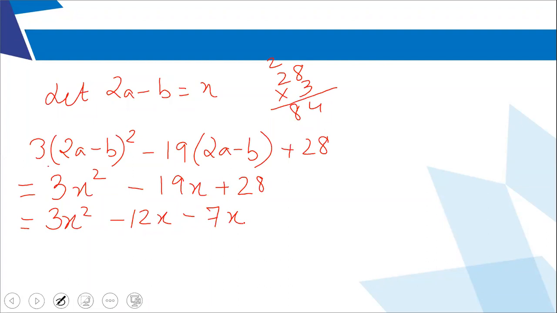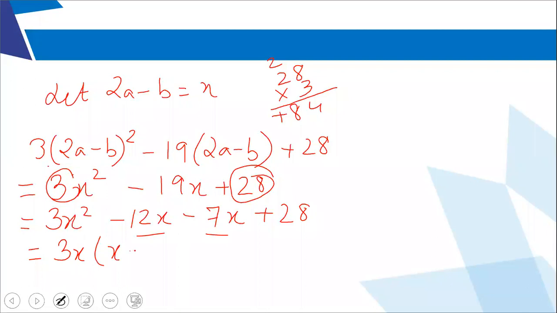Because minus 12x and minus 7x, both same sign will be added to get you minus 19x, and then both of them will get multiplied. Then again you will get a positive answer because you want plus 84. 28 and 3 are positive. So you want a plus 84 answer. So that you will only get when both terms have the same sign. Now you will just take 3x common, so x minus 4. From here, minus 7 common, again x minus 4.